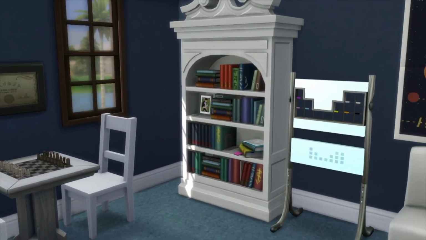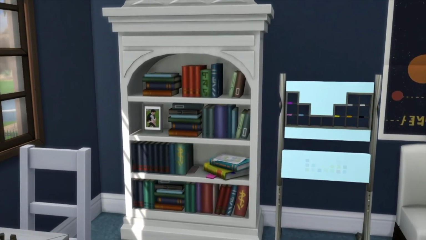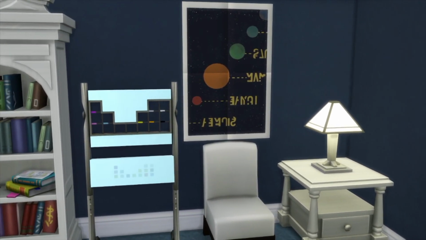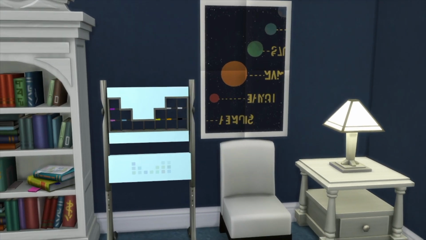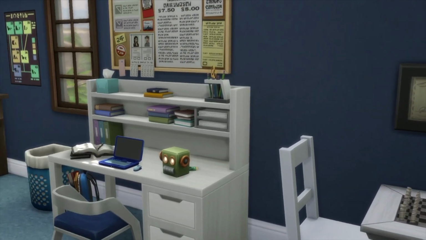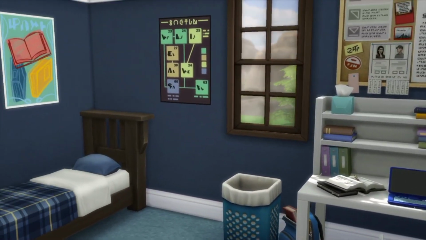And he is a bookworm, so I pretty much figured anything that has books was fair game. I just tossed a whole bunch of stuff in there. There's a picture of him and Anne when they were younger. There's a bookshelf. There's a little reading nook here. And I also figured maybe he's interested in a lot of stuff. So I gave him the periodic table thing, along with some space posters, and he has a chessboard. There's an award for doing well in school. Here is his desk with stuff that he has there. His laptop for his schoolwork, and there's some